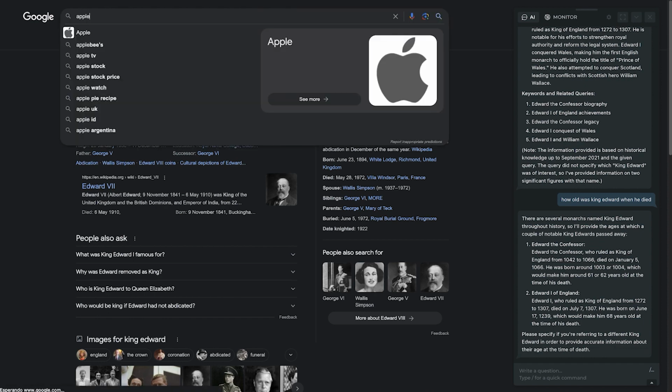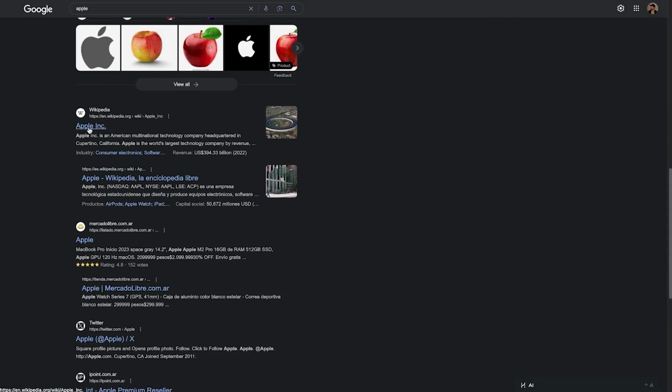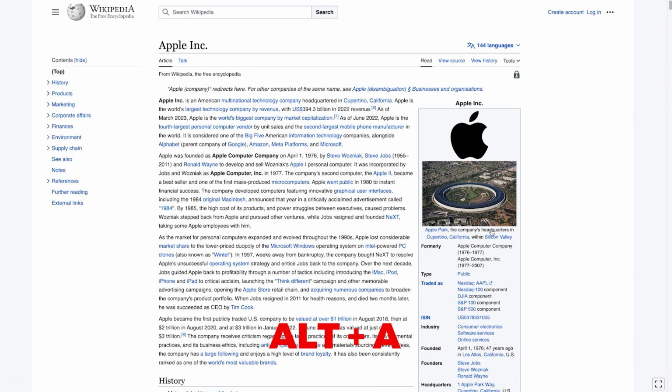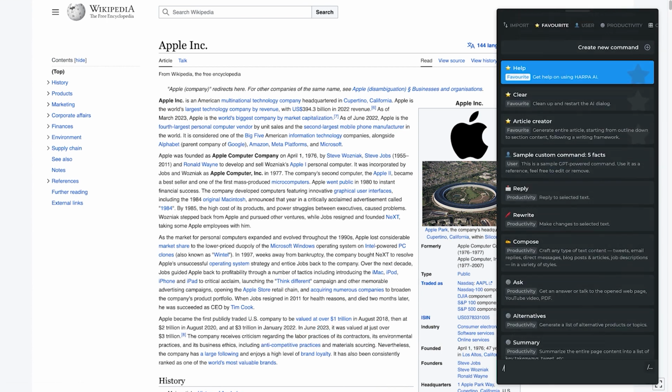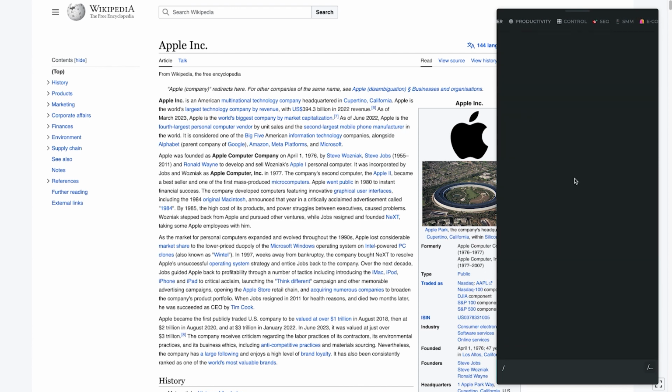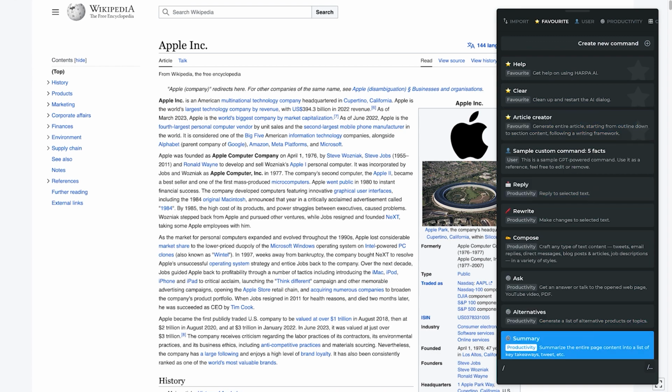Let's do a second Google search and go to the Wikipedia article. You can open it up on Windows with Alt-A and on Mac with Control-A. If you type in /, you'll see the quick commands, and there's a lot. We'll go over some of them, but they're also separated by use, which is super practical. I'm gonna ask,